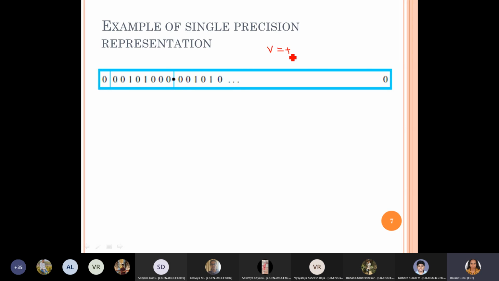I told you it's a normalized number, which is of a proper single precision format. So in that case, what should be the next bit we are supposed to have here? The next bit should be E dash. E dash will come for the scale factor. What will come here for the value? And it's a normalized number. What's the difference between a normalized number and a not normalized number? Can any of you tell me?